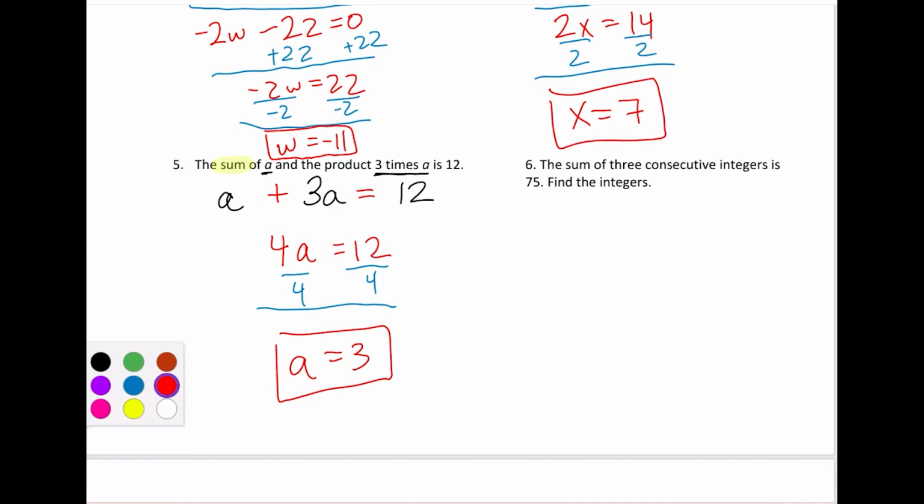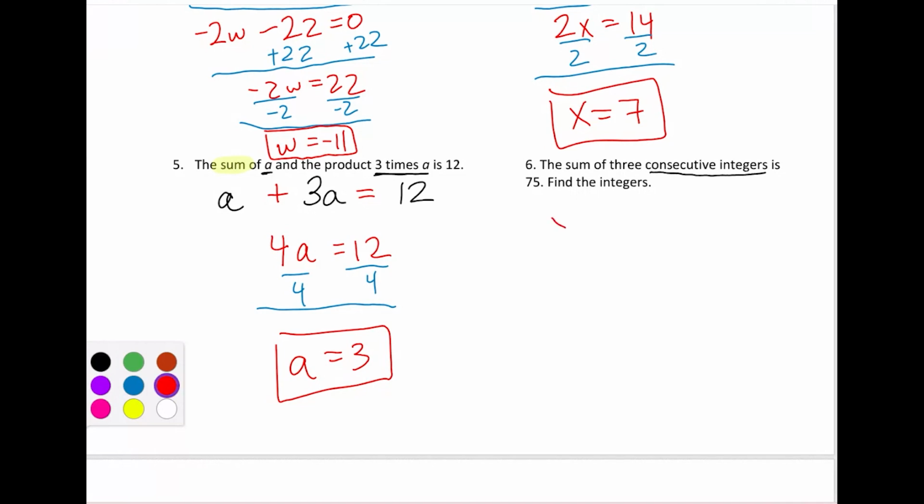Number 6 says the sum of 3 consecutive integers is 75. Find the integers. Well, we have the sum of 3 consecutive integers. Consecutive integers are integers that are right next to each other. So for instance, 2, 3, and 4 are consecutive. If we want to represent those